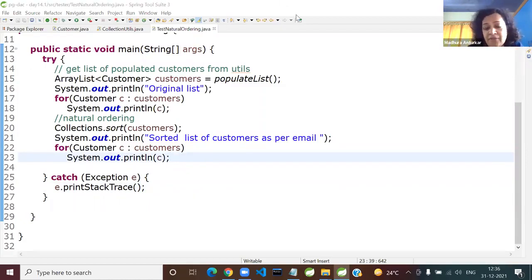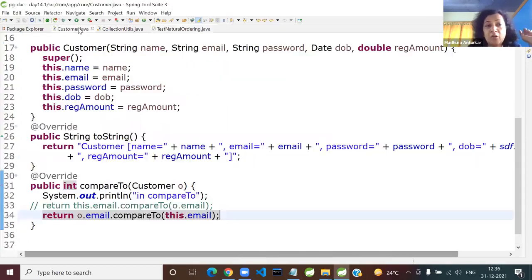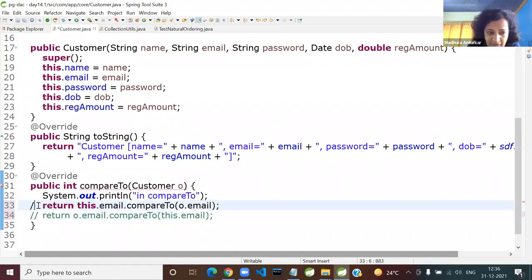So I hope I have waited enough. At one time, you cannot do both. That is where custom ordering comes up. At one point you can do either ascending or descending, because you can't supply both, as there's only one method, right? This was just shown for explaining the point. So now you can keep ascending order as the natural order, and let us solve the next requirement using custom ordering.